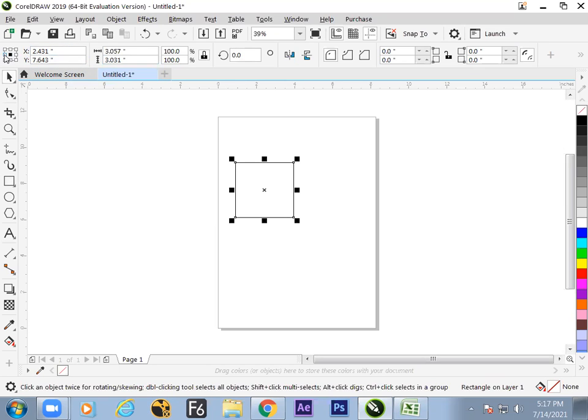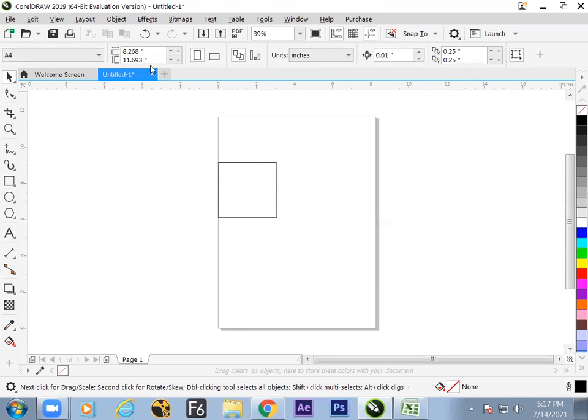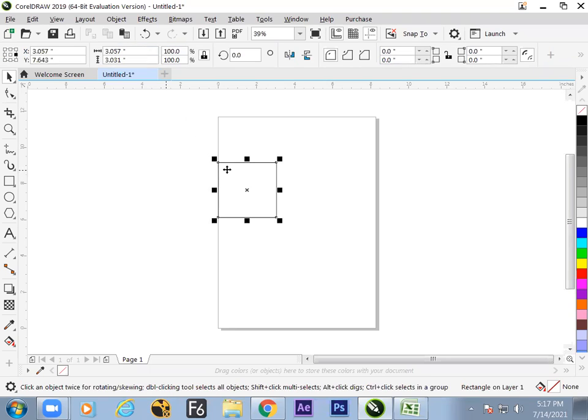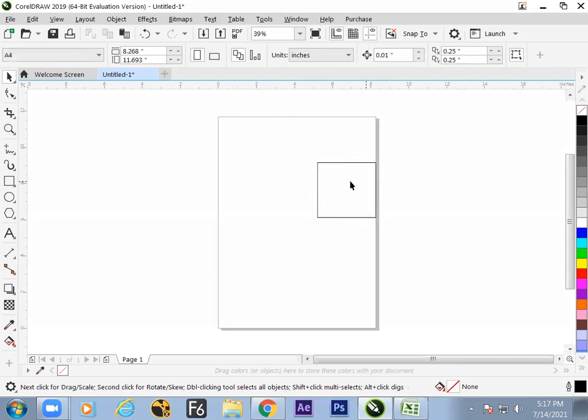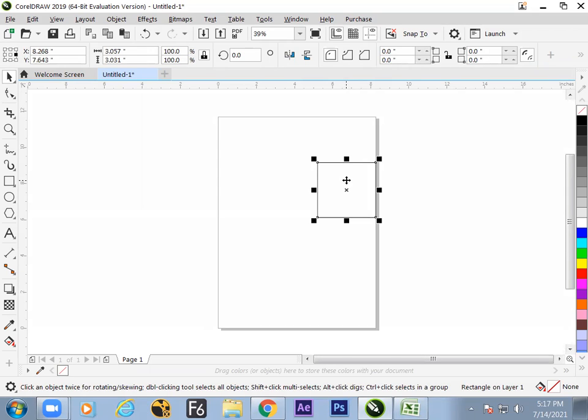If you make the X value 0, then it will come to the left side of your user interface, I mean the canvas. In the same way, if you take the reference point to the right side and give this value, that means this is the width of your document. Just copy it, click over here and paste it in the X-axis maximum, then it will go to the right side of your screen. So hope we have seen now how to move the object with coordinate systems.